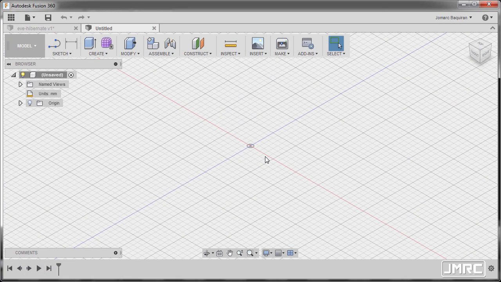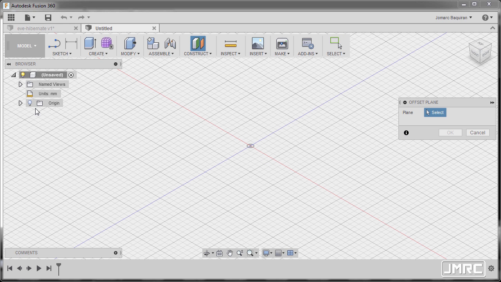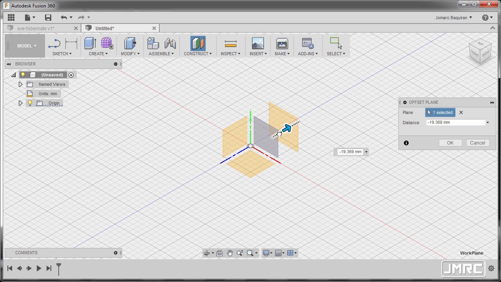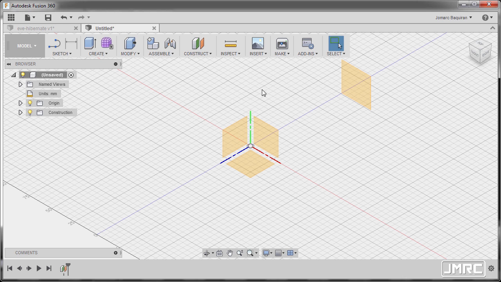Let's insert a reference image, but first we're going to grab our offset plane and turn on the visibility of our plane, selecting this plane and moving this arrow. I'm going to key in 100 and negative 100 to be exact, and hit OK. Next, selecting Insert,